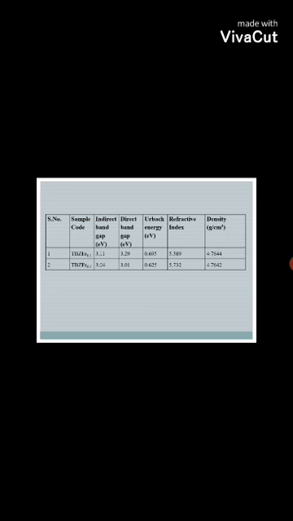These are the plots for the direct band gap, which we calculated from the data using Davis and Mott theory, and we plotted these graphs in the Origin 8 Pro software. These are the plots for indirect band gap, and these are the plots for Urbach energy. Urbach energy is the randomness in the system. We measure it using Urbach energy. Thus, we got the following results: with increase in concentration, the band gaps decrease, Urbach energy also decreases, refractive index is very high and increased, and density also decreased.